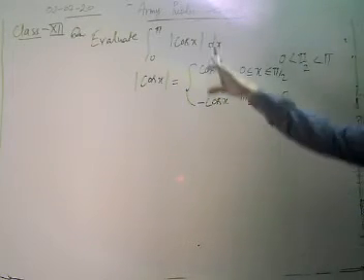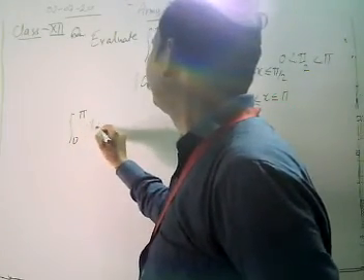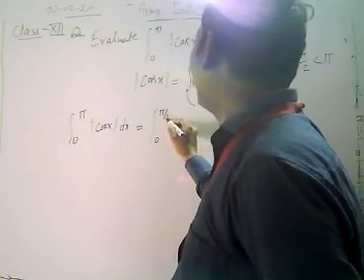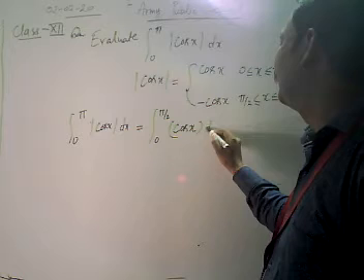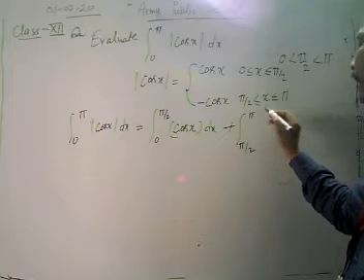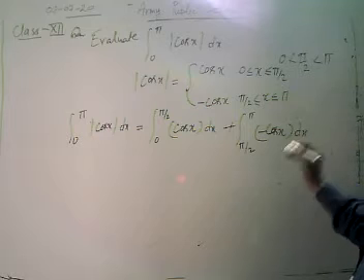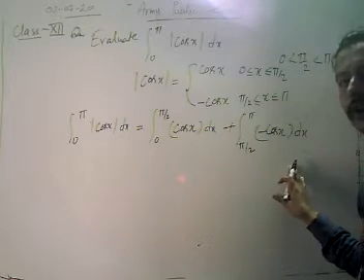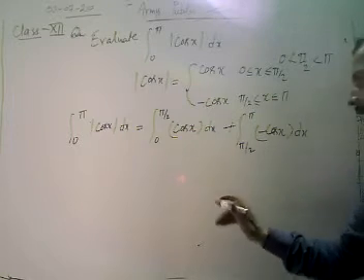Now we have found the modulus value of cos x in these regions. Now the integration over 0 to pi of mod of cos x dx is equal to the integral from 0 to pi by 2 of cos x dx, which is a positive value in this region, plus the integral from pi by 2 to pi of minus cos x dx. Now we get the sign there, cos x and minus cos x. Now we again have to integrate and find out the values.